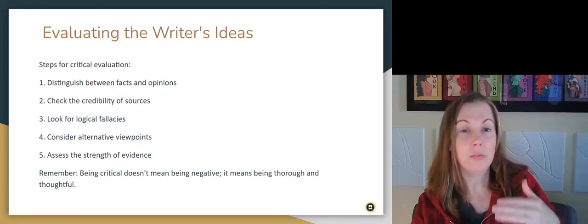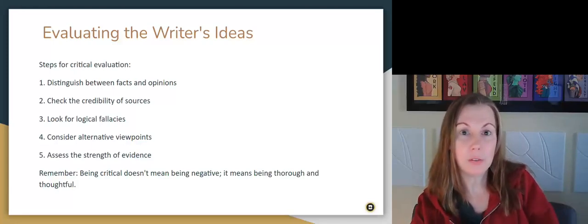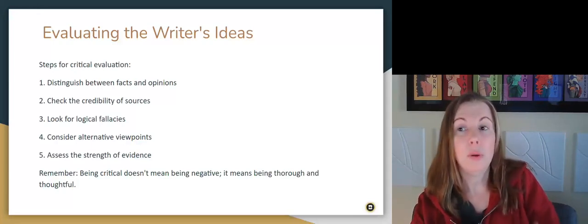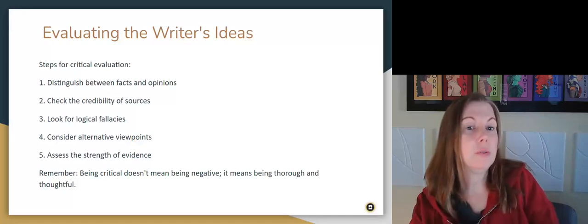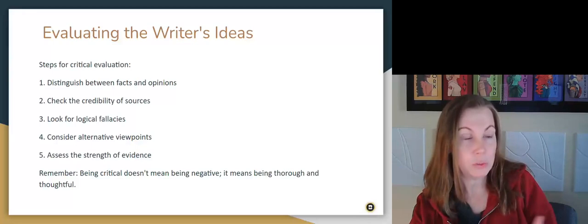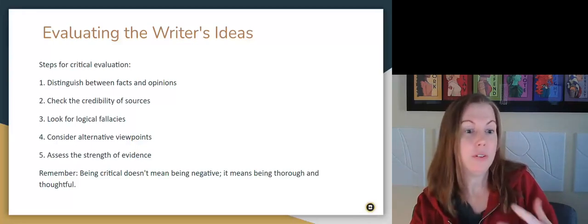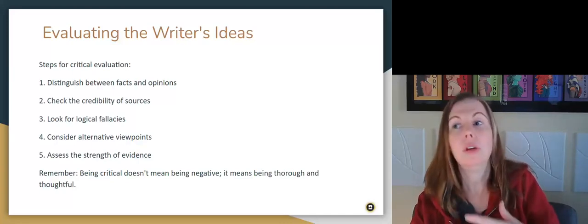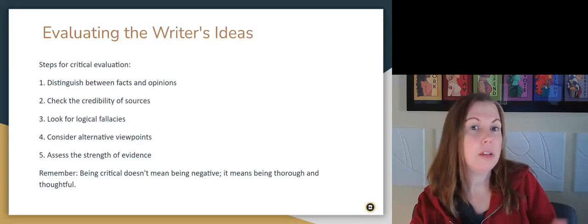So if you are arguing for the banning of cell phones in classrooms, you need to acknowledge that there's going to be people who disagree with you. When you acknowledge them, they're going to be more apt to listen to or read you and can take into account what you're saying. So I know there are some people who disagree. Here's why you should agree.